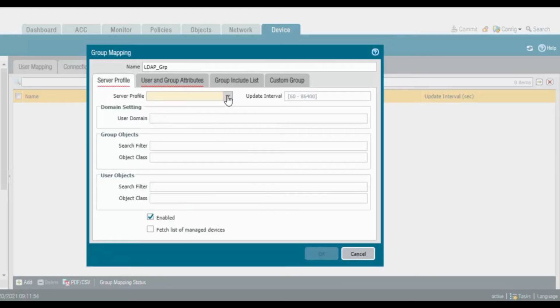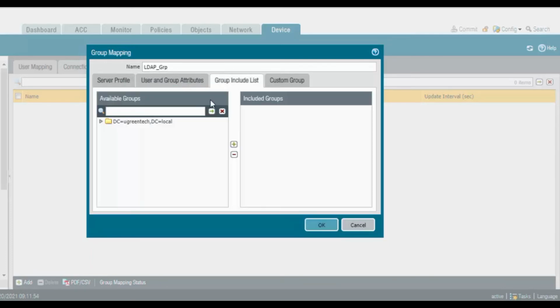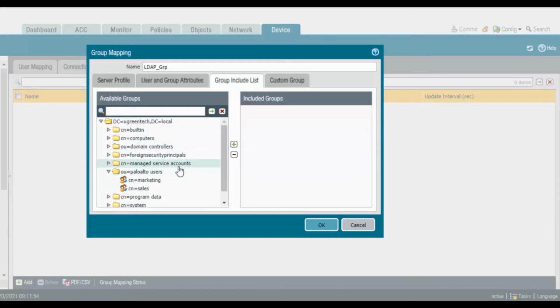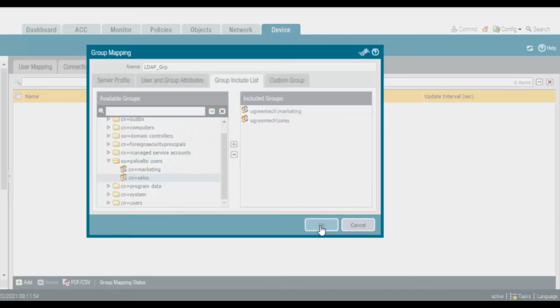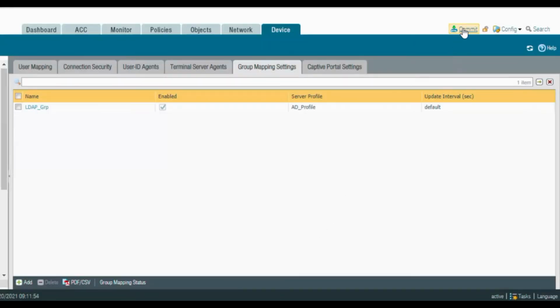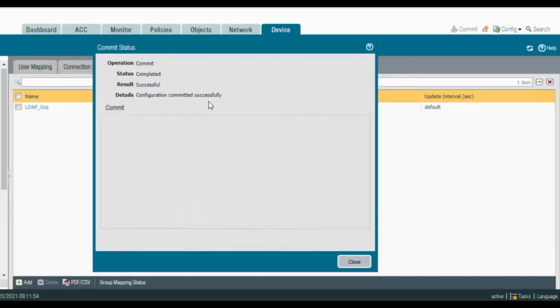That is a very important thing. In the group include list, select this arrow mark. We have created two users. Go to the users, and we will add marketing and sales. Click on OK and commit the changes. Configuration committed successfully.